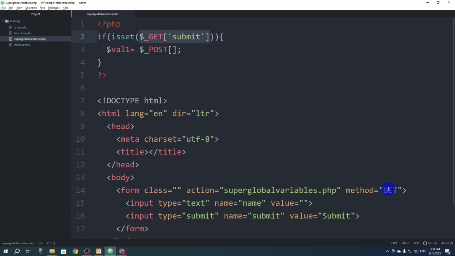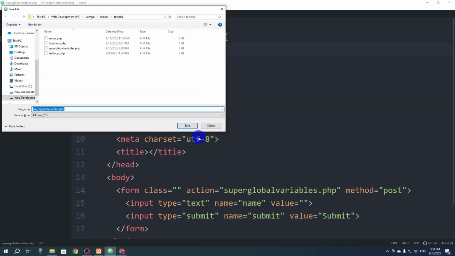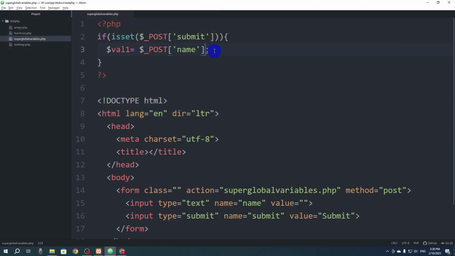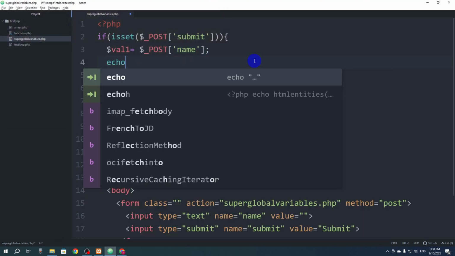So here you can see the method is post, so I will write $_POST. You have to write a super global variable like this. These are normal variables and this is a super global variable. You have to mention the field name, and that is name. Our field name is name, so I will write name here. Okay, and now let's say I want to echo it, so I will say echo